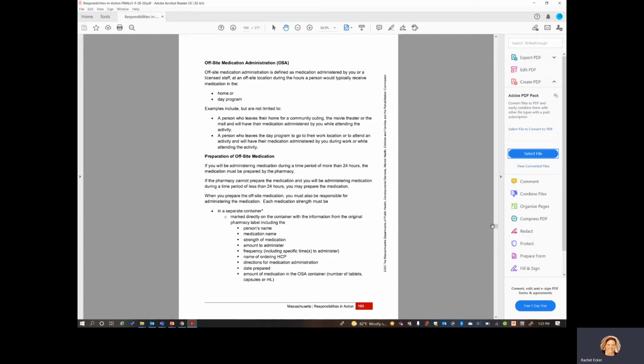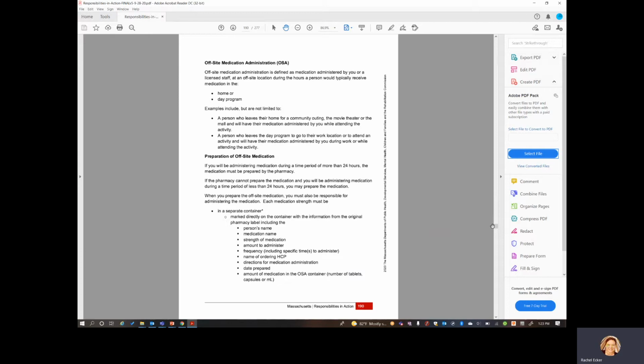So each medication strength must be in a separate container. So you will have either containers, or you could use those little envelopes that are small manila, like the size of a $50.